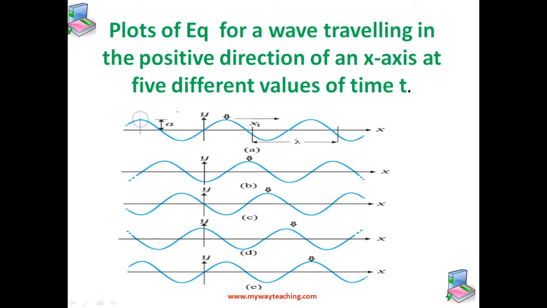This one is the point of maximum displacement, and this point is the trough. This is the crest, we know that, and the trough is the point of maximum negative displacement. Okay,